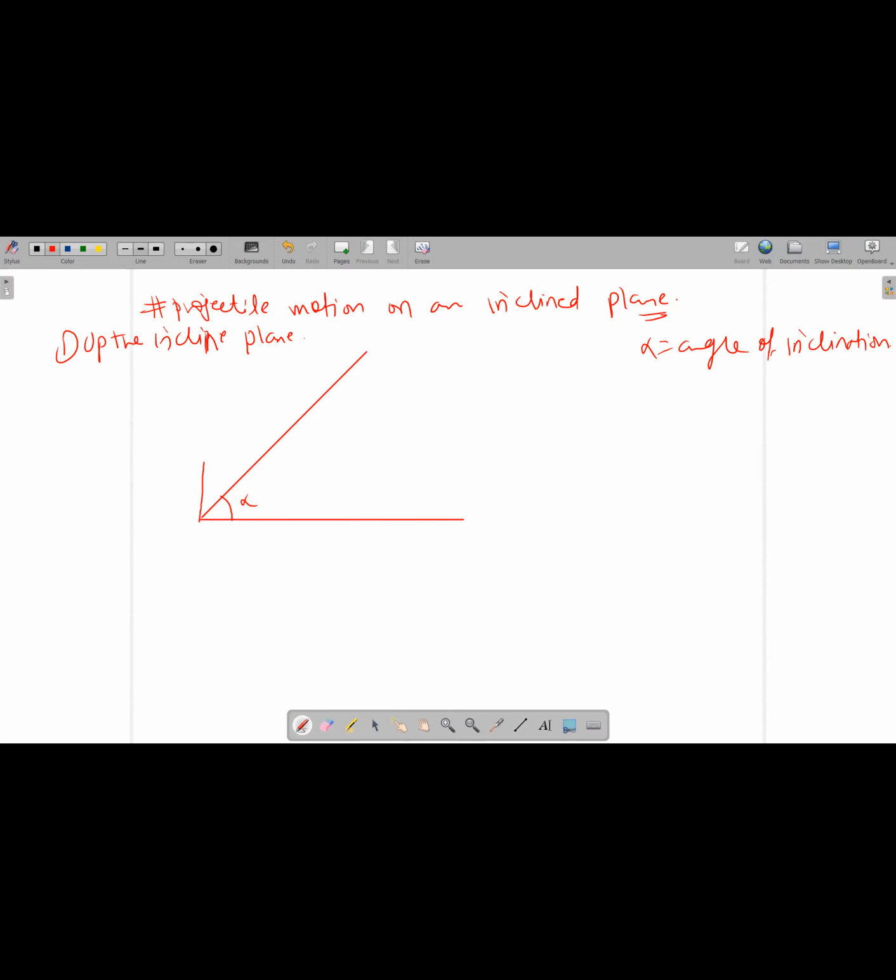And suppose you throw some object or ball at some angle theta. Theta is known as the angle of projection with the inclined plane. IP means inclined plane. And theta plus alpha we can call the angle of projection with